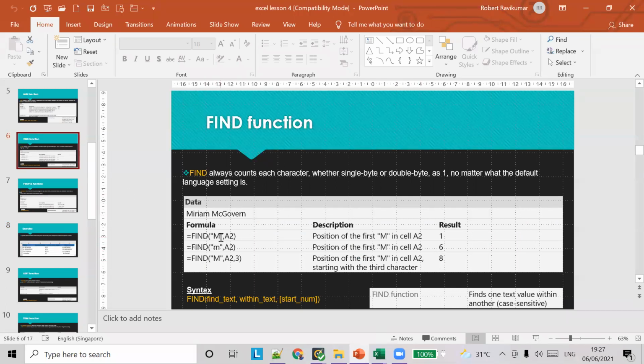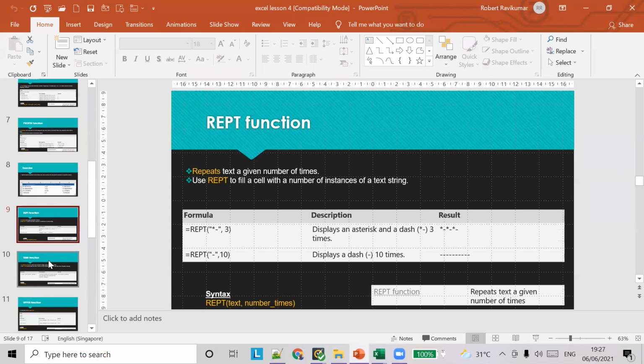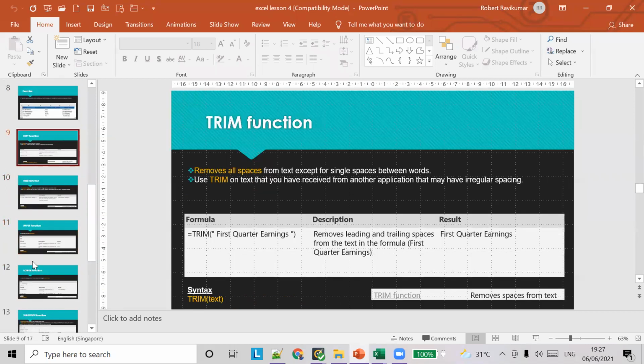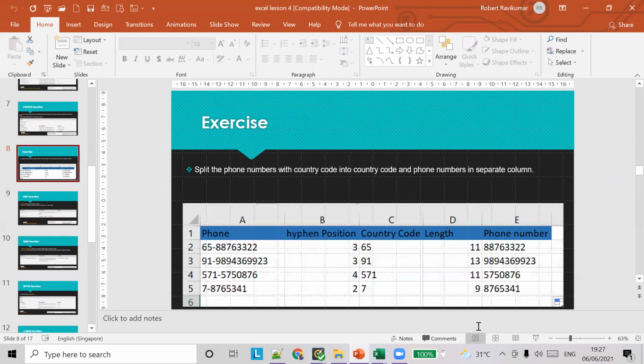Instead of m, put hyphen, and the text, and you will find the position of hyphen. So first do that.